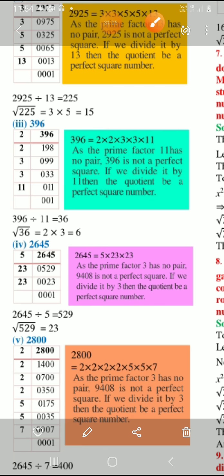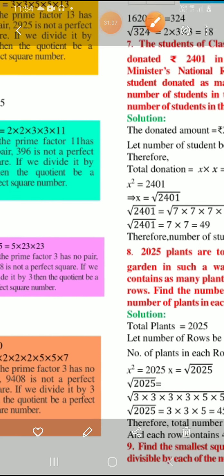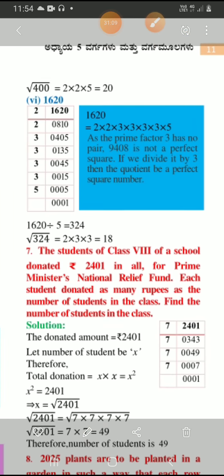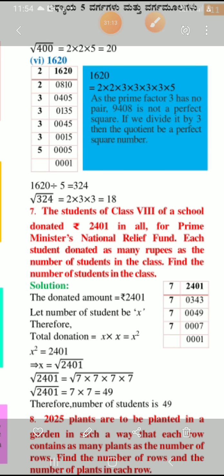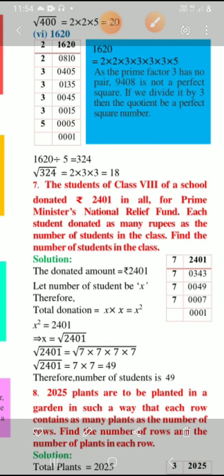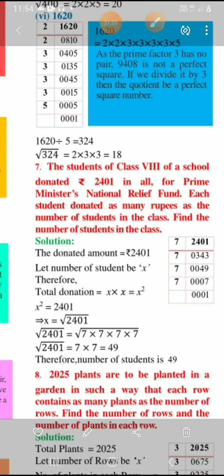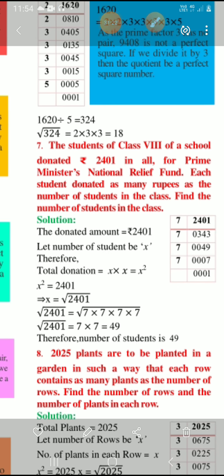According to this, the next problems are also done. Look here, how many problems are there? 6 problems are there. So kindly refer to this PDF which I already sent you, and do it neatly in your rough hand as well as in your notes. I hope you understand how to do this, right?